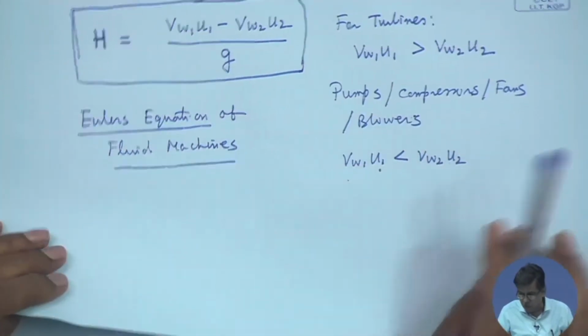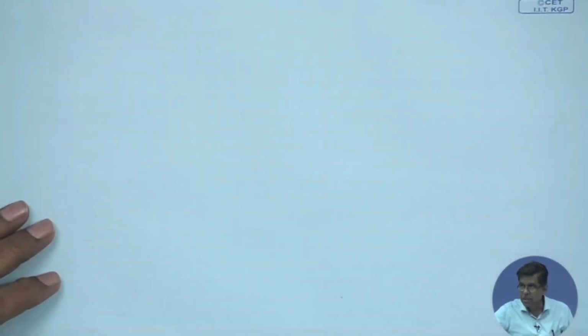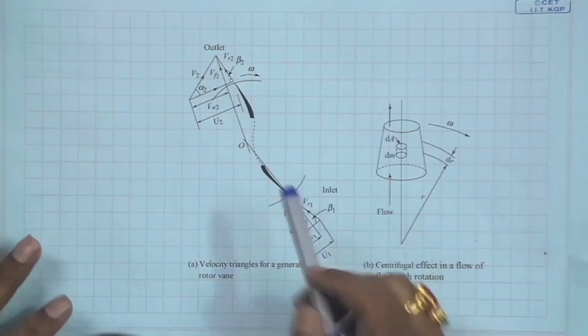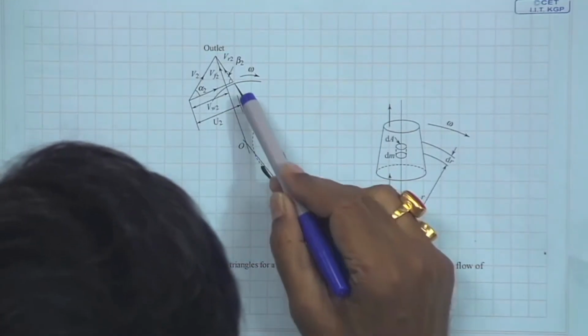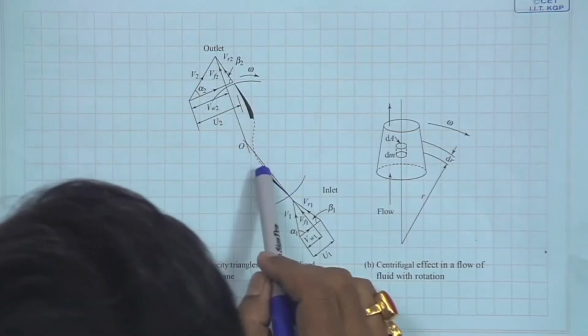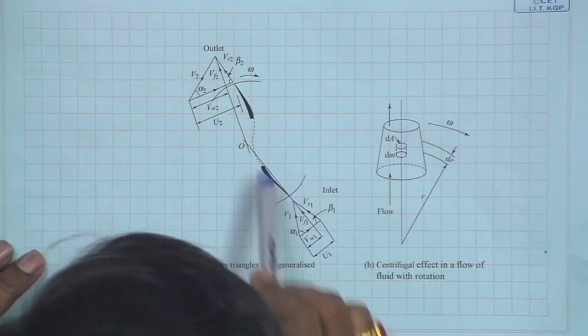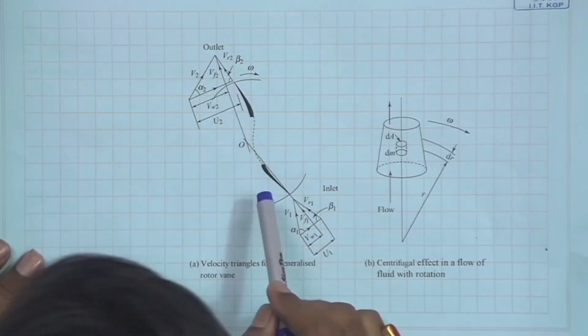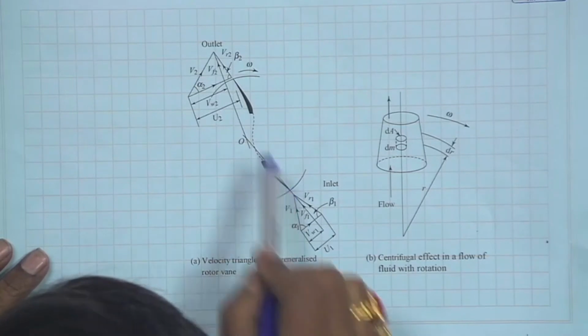Now, as I have told, the rotor consists of a number of blades, moving rows of blades, and each row has a number of blades which constitute a number of blade passages. So, here we will show a typical section of a rotor with blades. Now, the blade is shown like this with a broken path to show the inlet and outlet portion. So, we will concentrate our attention at the inlet and outlet.